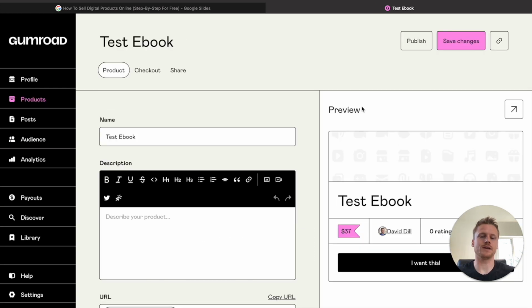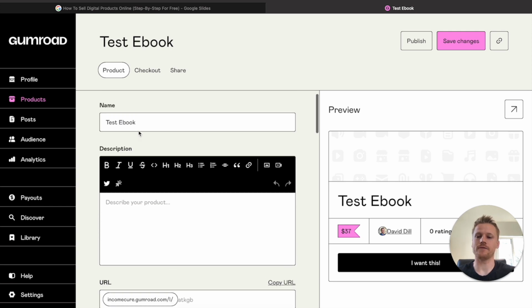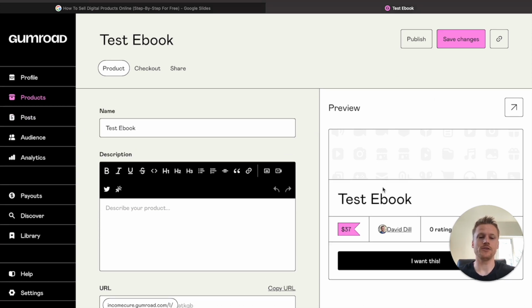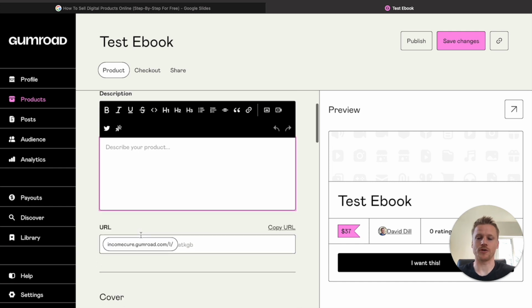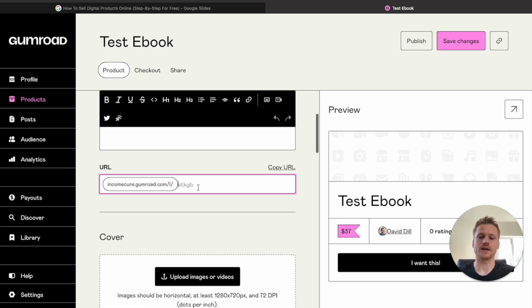This is going to be the customization page for your product on Gumroad. As you can see here, you have the title over here to the left, and you have this preview section over here that shows you exactly what your product is going to look like hosted on Gumroad. This is where you're going to actually describe your product step by step. This is where you would use things like copywriting to entice your audience to purchase your product. And you can actually go here and customize the back end of the URL. So if you wanted to say test ebook, we could do that, and that could be the back end of